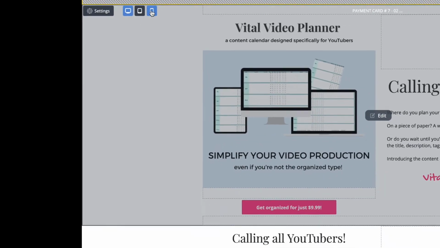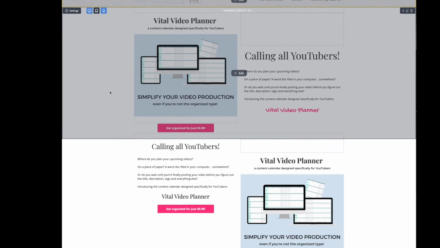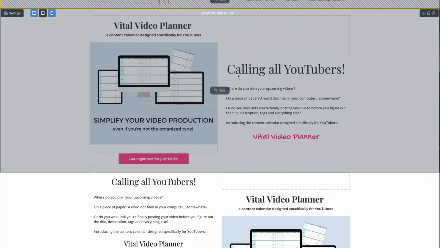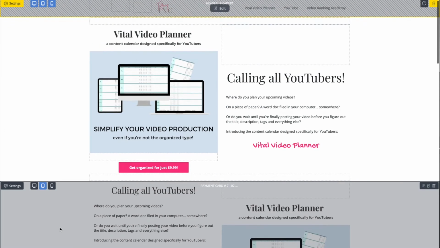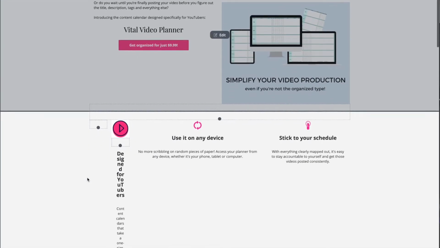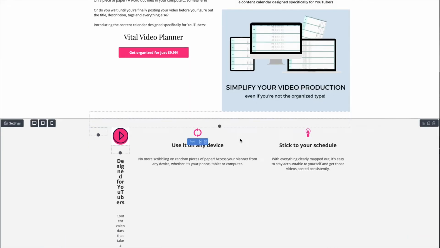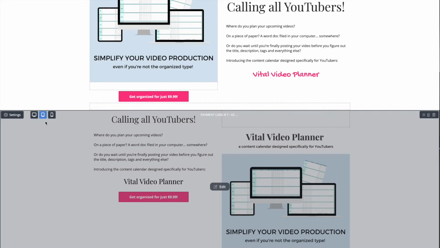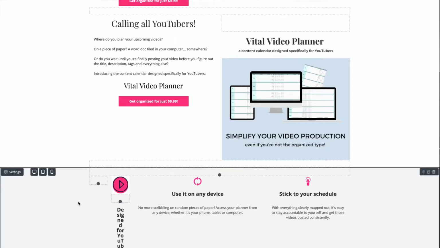It worked great on computer and mobile, but the spacing looked a little weird on my tablet. I doubled this section by adding the plus, and then I did a couple of different things with spacing so it looked more normal on the tablet. It kind of gets confusing when you look at the whole thing at once, but I think it's a really cool option to make things fit if they don't automatically resize for your different devices.